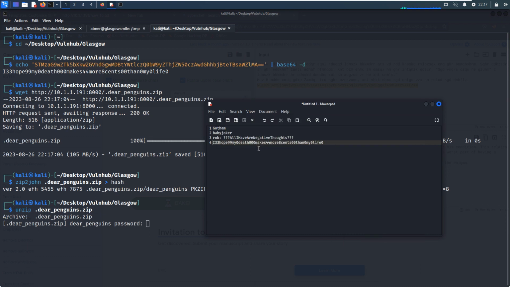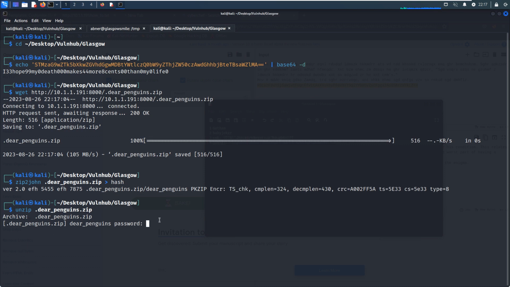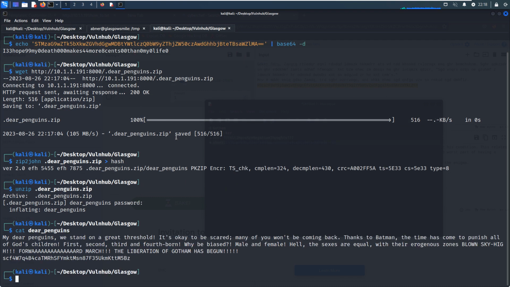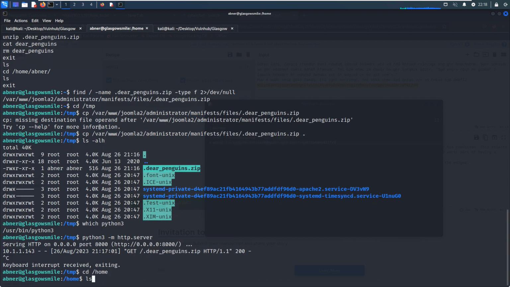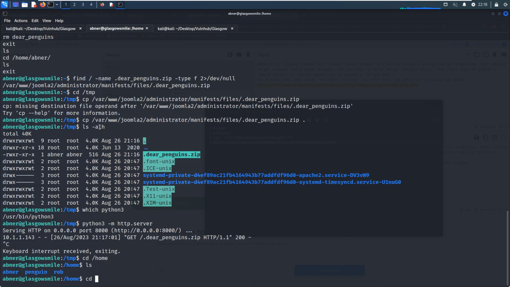No, not undo. Oh, yeah, okay. Redo, and we can make a copy. Yeah, we crack the password, unzip this file. And here again, we got the password for another user. So I think for this user, and we can make a copy. I can switch. I can't remember the username